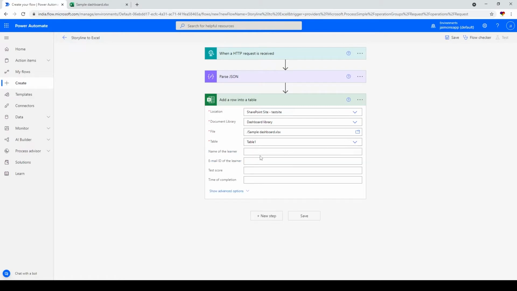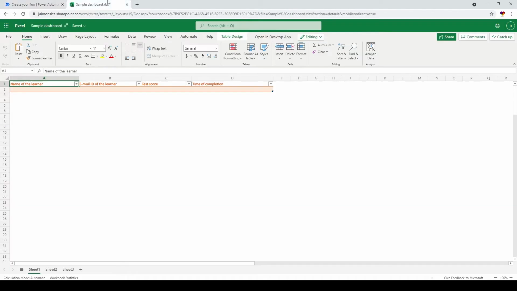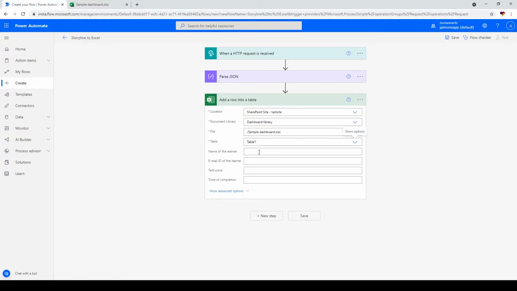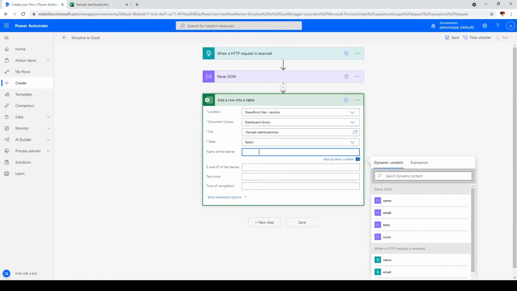yeah. So if you see, once you select the table, right, the tool automatically fills in the names of the columns, right? If you see, these are the columns that we have added, and it has automatically taken those as the column names here, right? And then this is again very interesting. You can see that